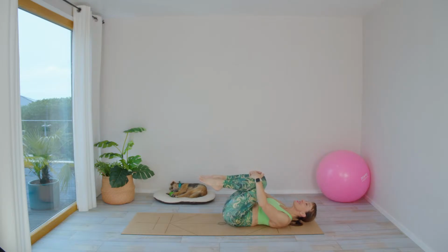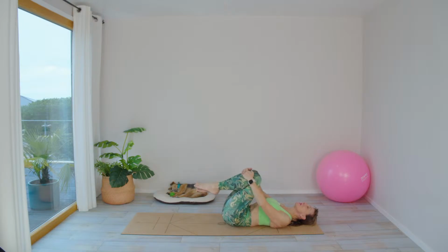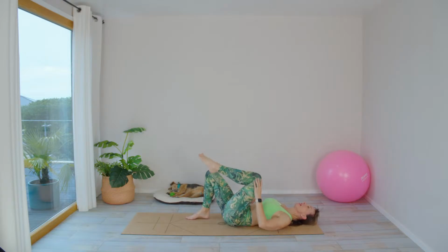And bring those knees in. Take a deep breath in and exhale. Inhale, release. Exhale. Inhale, release. One more. Exhale. Good. And inhale, release. Let's pop those feet down